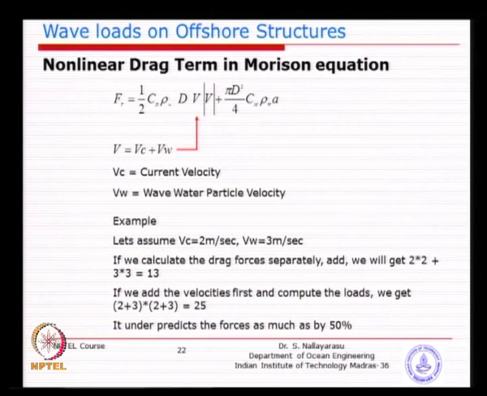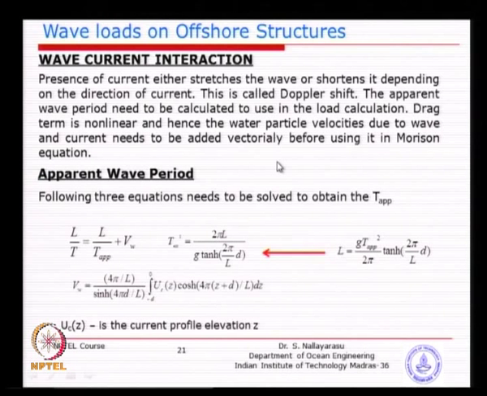The same thing is calculated by a simple relationship called the dispersion relationship. You will derive this when you go into your hydrodynamics course in the next few days, the relationship between wavelength and wave period, which I purposely did not derive because it is a waste of time, since you will be deriving it in your course. As long as you are given a wave period, you can find the wavelength using this, but unfortunately this equation is iterative, because the wavelength appears on both sides. So, you have to assume a certain wavelength and keep iterating until both sides become equal.